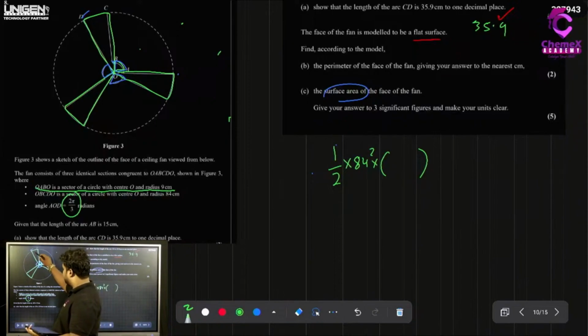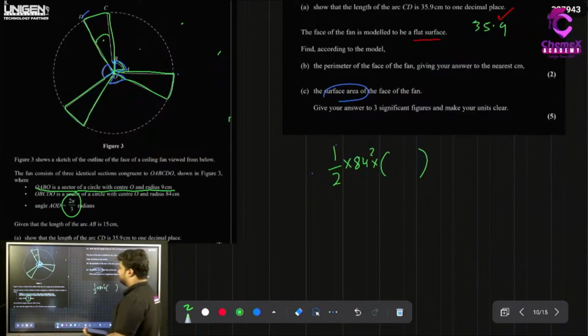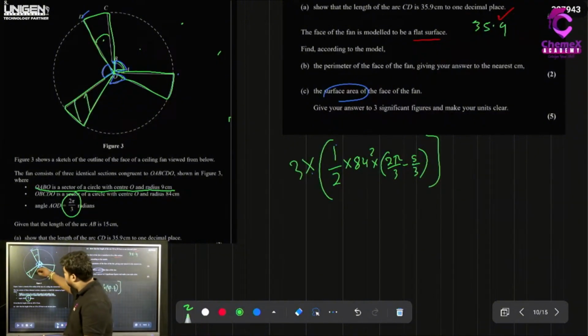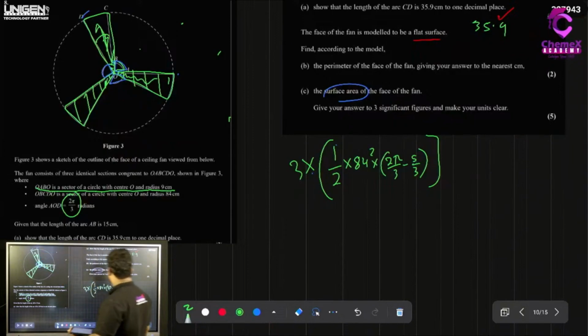What was that? This angle? It was 2 pi over 3 minus 5 over 3, right? So this times 3 will give the area of these 3 parts, even with the small thing here. Plus